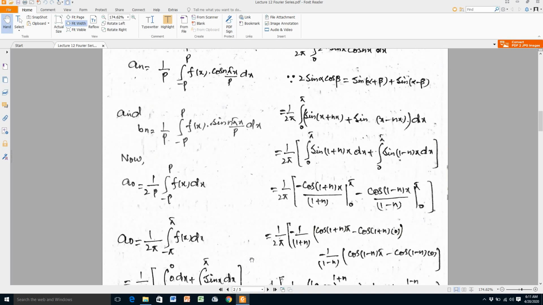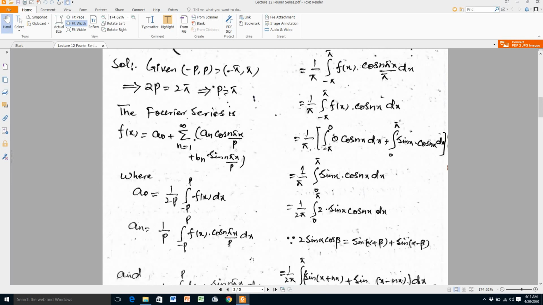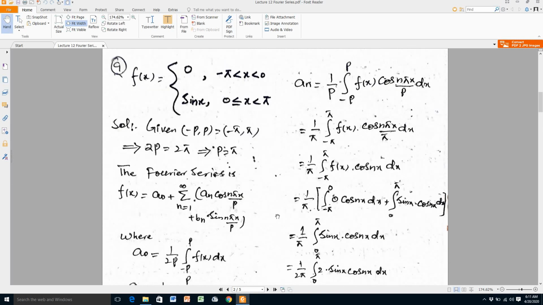Now we move towards the second Fourier coefficient, that is a n, and you know that its value is equal to 1 over p integral from minus p to p of f of x cos n pi x divided by p dx. So I substitute here the value of p, that is, 1 over pi integral from minus pi to pi of f of x cos n pi x over pi dx. At the value of p I substitute pi. This pi is cancelled with this pi, and you get after simplification f of x cos nx dx. Now again we split the integral